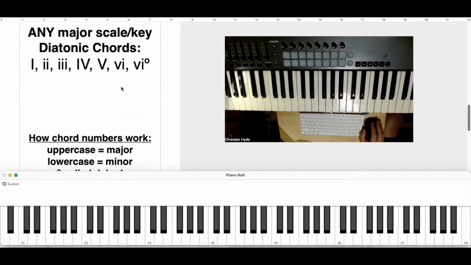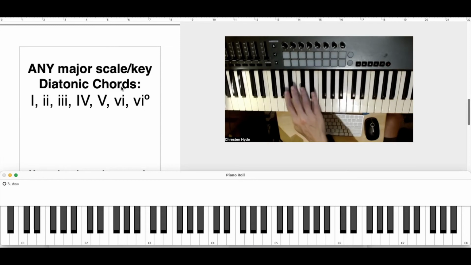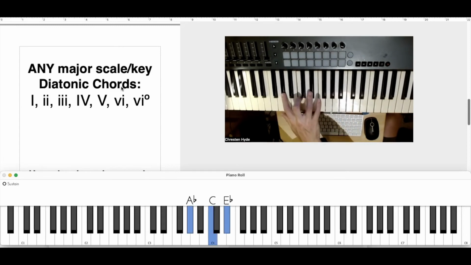Now, this is useful to know, but what's even more useful to know is that all of the diatonic chords in every single major key are the same quality. Meaning, if I give the number 1 to the major chord, to C major, and I give a number 2, right, number 3, number 4, number 5, number 6, number 7, the 1 in every major key is always major. So if I change keys and I go to the key of F, and I play the 1 chord, the first chord of the scale, it's major. If I go to E flat, the 1 chord is major. If I go to A flat, the 1 chord is major. Okay? If I go to B flat,